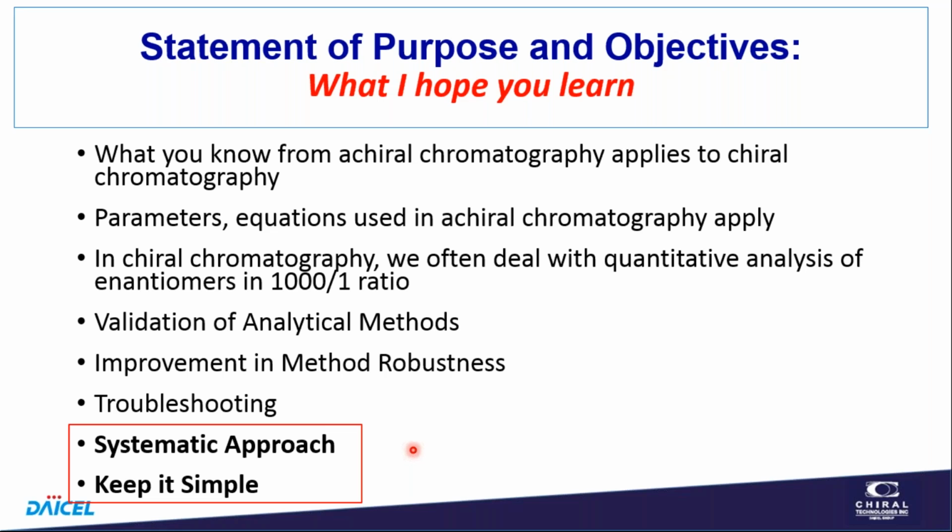I sometimes deal with people who have a problem with their method, and they have maybe a complicated mobile phase, and I'll ask them about the different components, and they don't always know why they have those components in there, but the answer has come back a number of times: well, that's the conditions we were using when we found a separation at work. So oftentimes we don't need to use complicated mobile phases or complicated separation conditions. We want to keep the method simple. The simpler it is, the fewer components there are to have a problem or to go wrong. So the robustness of the method is generally better if you have a simple method.